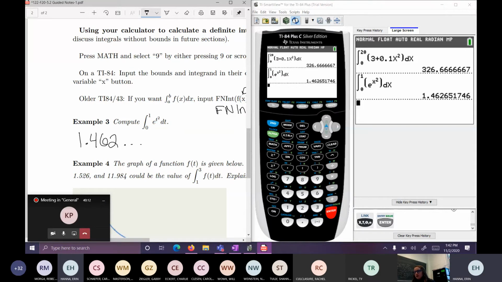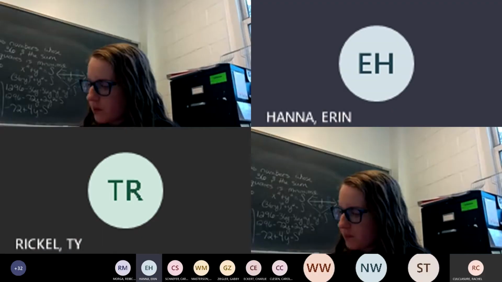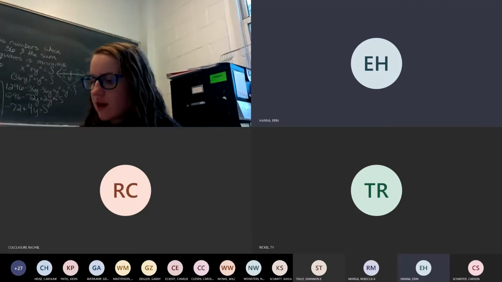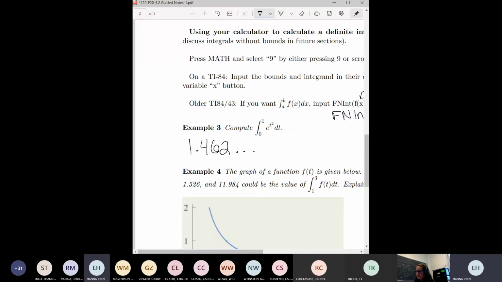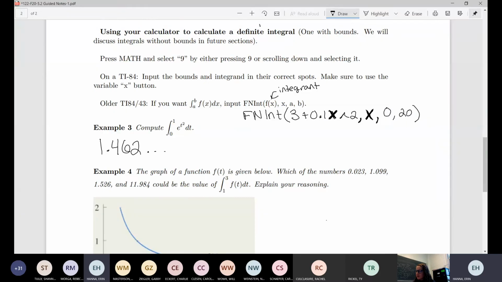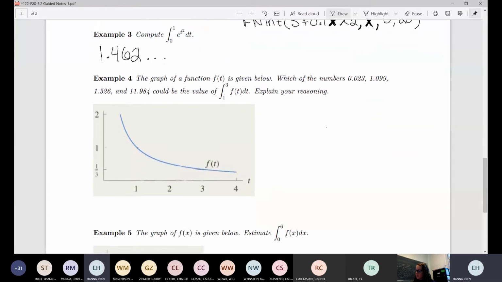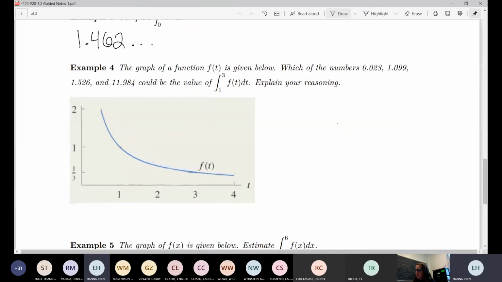So we've got more examples in this section that we will not use our calculators for. Haha. So we will want to use our calculators for these in the future. We will learn how to do them by hand, and we'll then do something else with them that we'll be able to use our calculator for. But anyway,